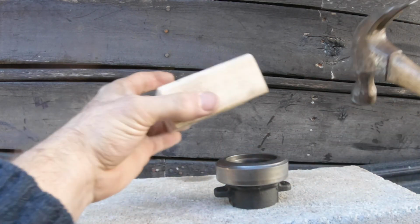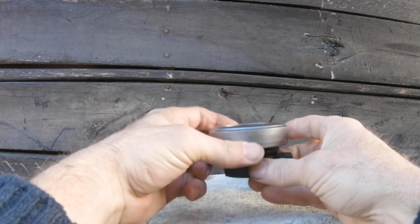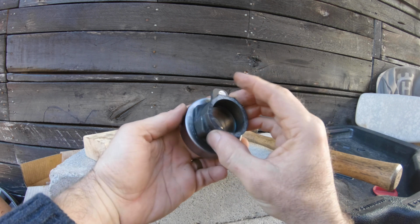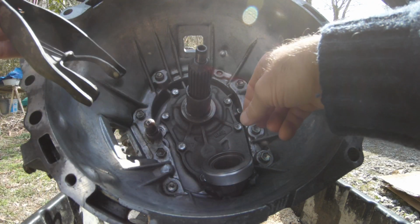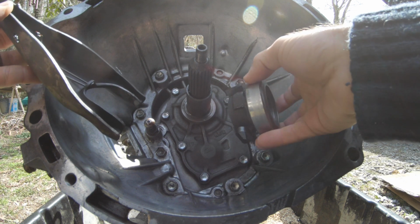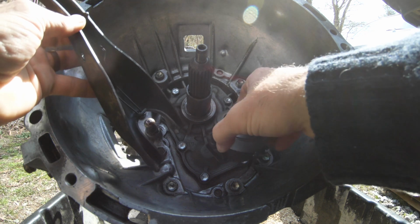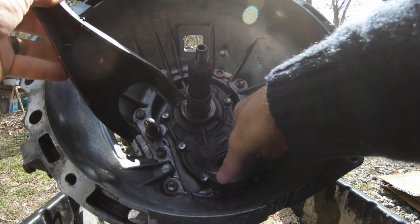There you have it. And that's all the way down. Beautiful. Didn't hurt anything. So the next thing we're going to do, before I turn this thing upside down and start cleaning the other sections of the transmission, is install the clutch release fork and the release